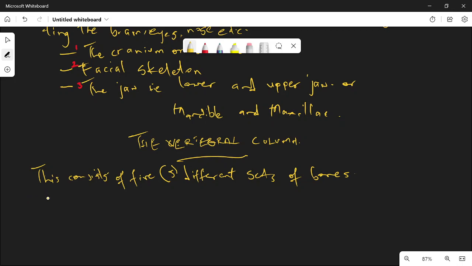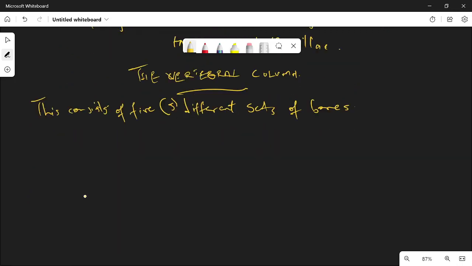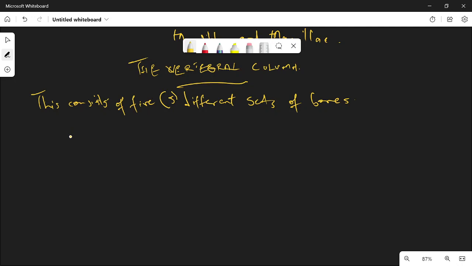Number one, okay, let me make a table here. Let's make a table. So we talk about their location and their number. Are we together? So we have types